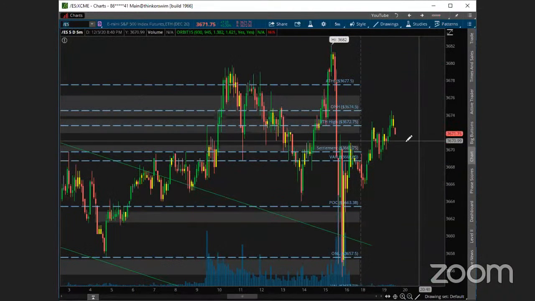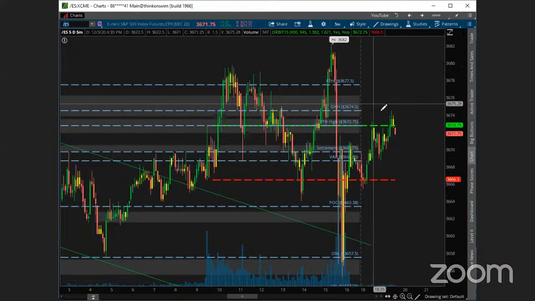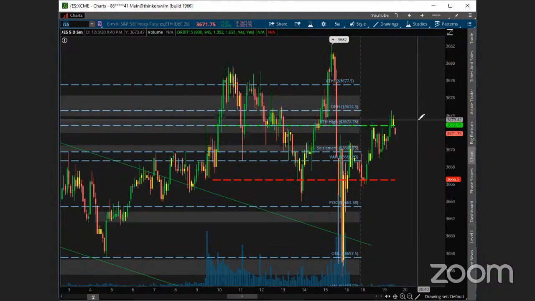Speaking of futures, let's take a look and see what they're up to or down to here this evening. So we're up about $7 here. After that big crash, it looks like price might be trying to grind its way up and get back to the scene of the breakdown, but we'll see if it can do that through this evening, getting a little bit of a drop right here.